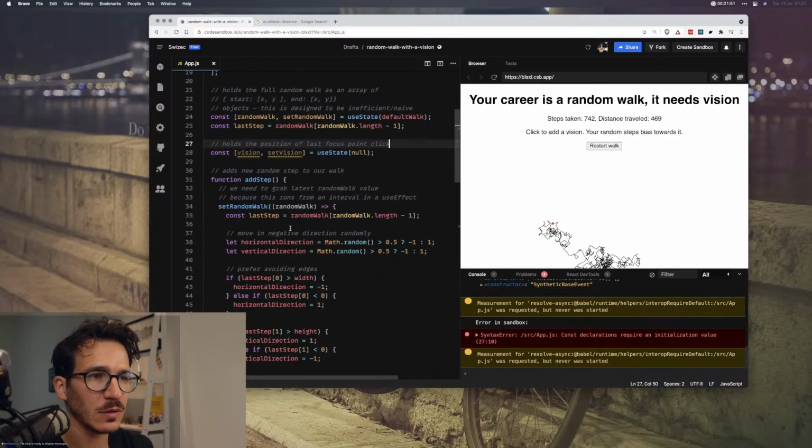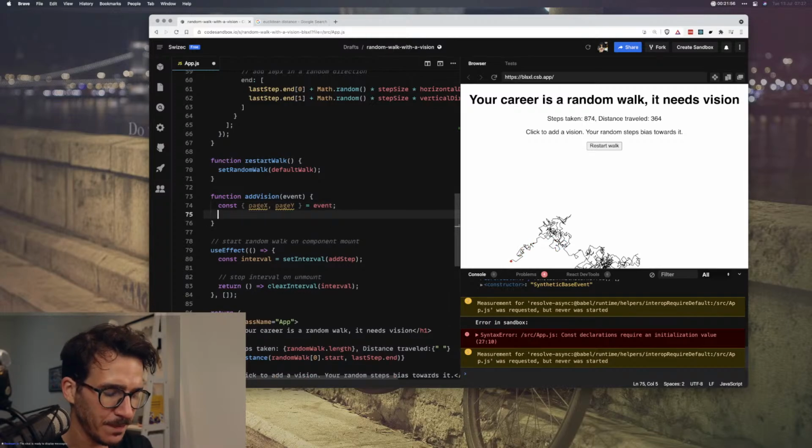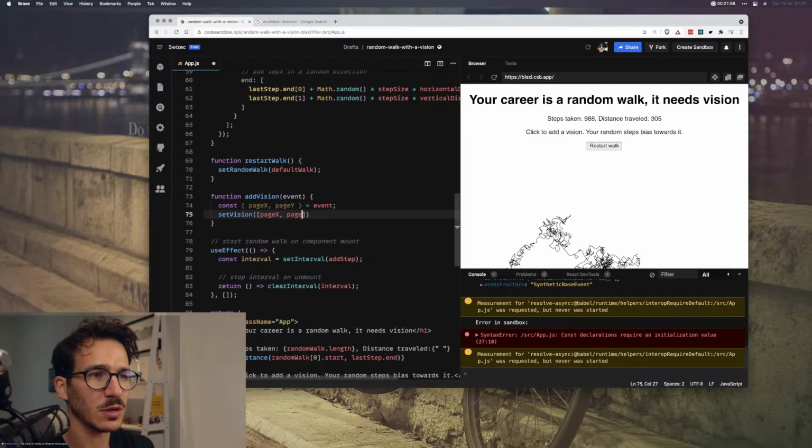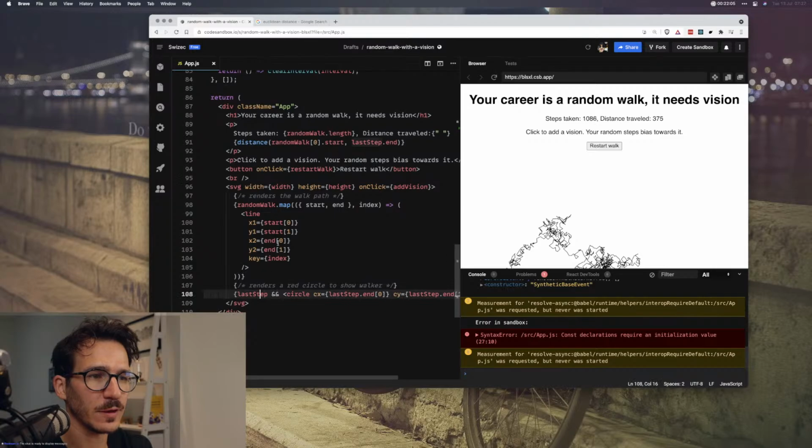In addVision, we say setVision is going to be pageX and pageY. And then here we're going to render it if it exists.